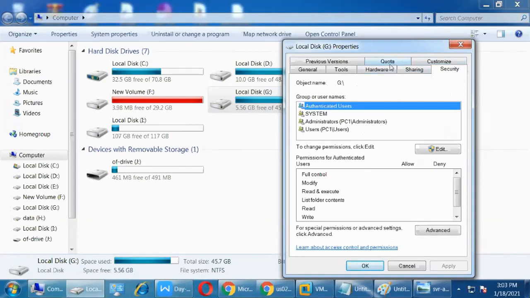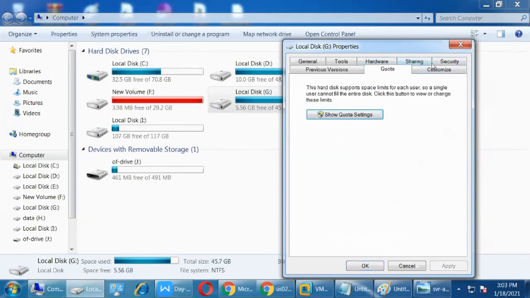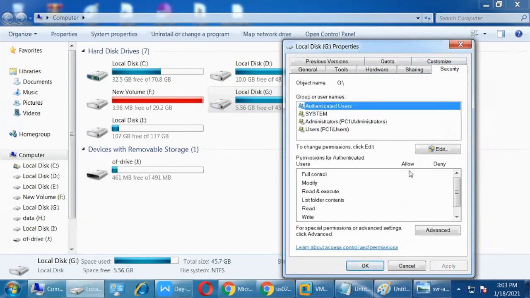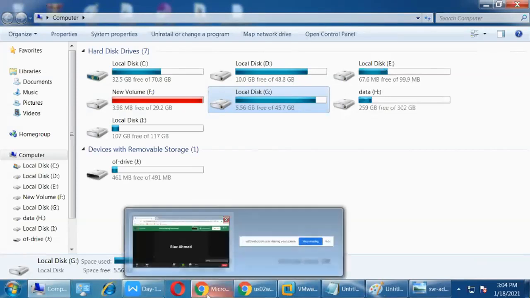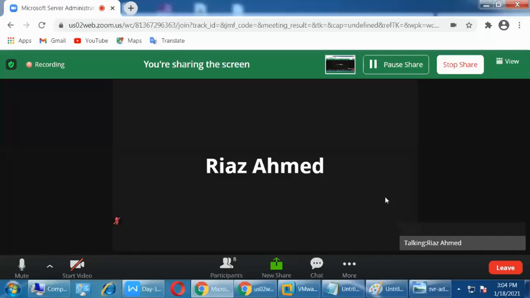Already you know what quota and security are. In security we give permissions: full control, modify, anything. But if you are using the FAT16 file system, you won't find these two options, quota or security. For security purposes, NTFS is the good file system. Clear? Yes, sir. Clear.